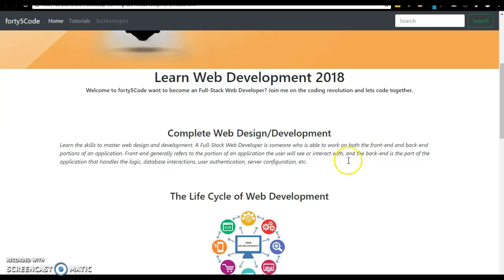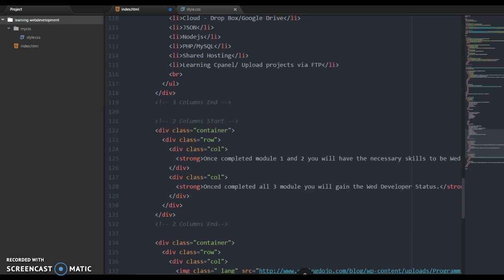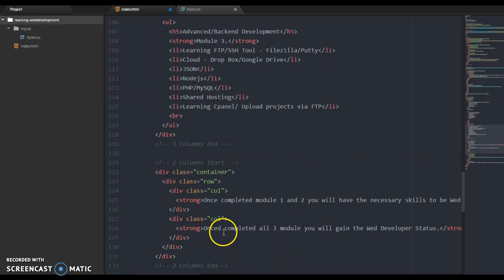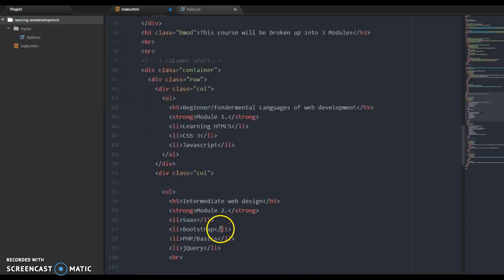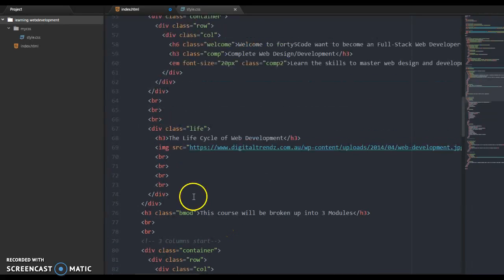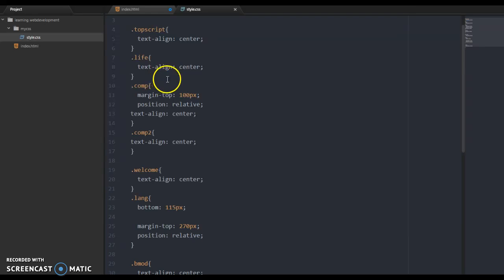I basically centered these up too, and I changed the CSS as well. I didn't need to. So the image of the life cycle, I've got in the div class of life. If we head over to CSS, life text align center. So basically just put that back in the center. Didn't need to do any margins,